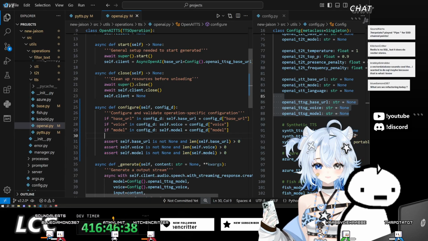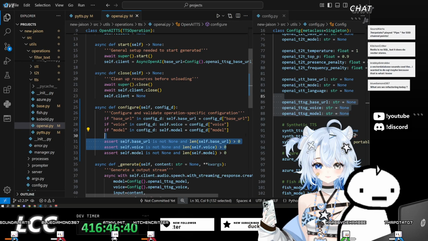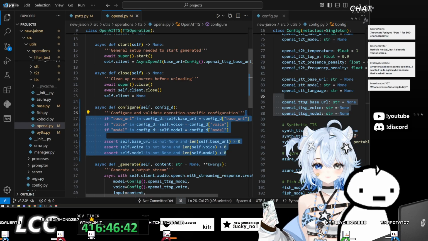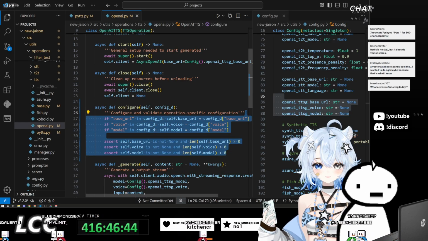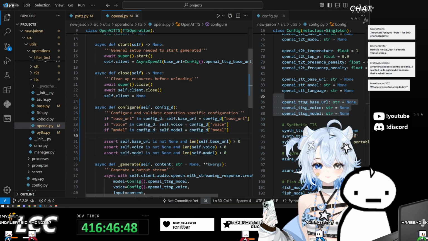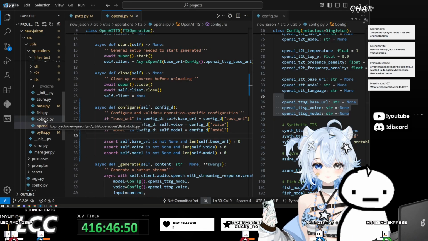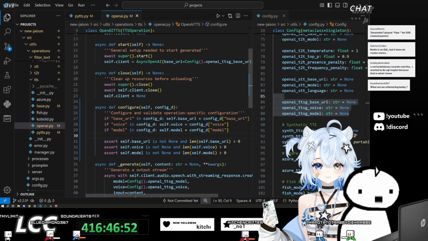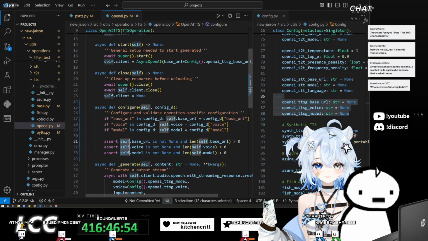We could test if it is actually a valid connection or not, but at the same time, it doesn't really matter. We do need to add these, though.